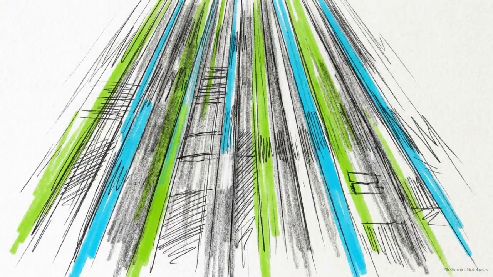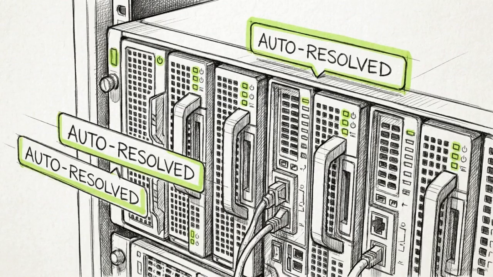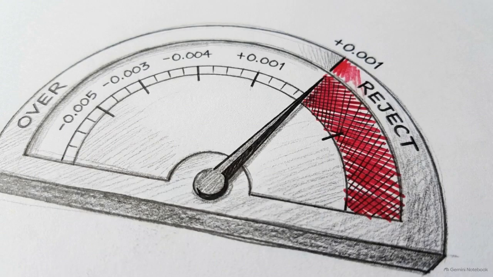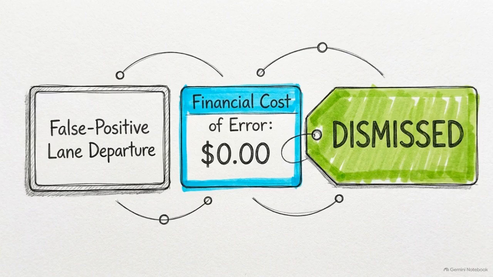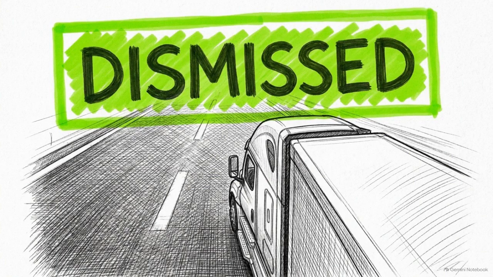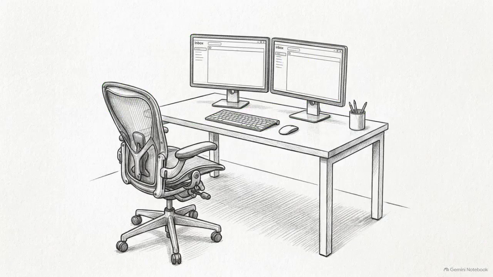Mode 1 is Autopilot. Here, the agent runs continuously in the background, processes incoming data, and takes immediate action without asking. The threshold for this mode is rigid. Autopilot is reserved strictly for high-frequency, low-ambiguity decisions where the financial cost of a false positive is incredibly cheap. A highly effective example is auto-closing dashcam alerts triggered by false positive lane departures. The AI clears the noise automatically, saving safety managers hours of tedious video review.